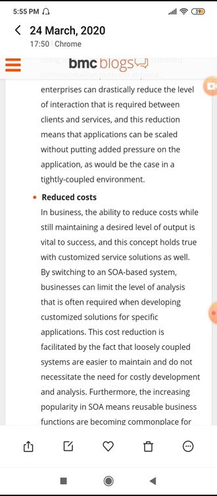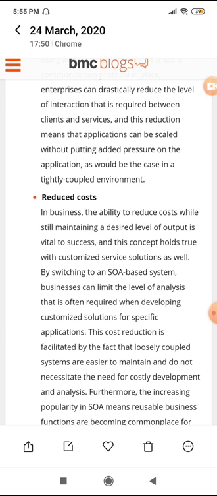Cost means how much money we require to create a software, how much time we require to create a software, maybe how much manpower or team members we require for that. So all these things we consider as the cost for the particular software. So when we try to identify, SOA based systems always reduce cost, time as well as manpower. So this one is very useful.